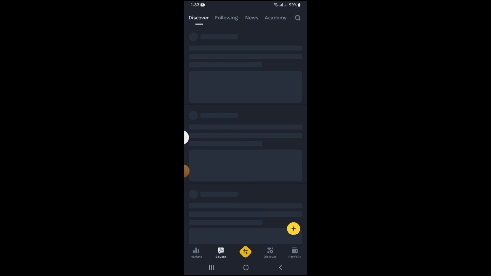Now you're going to see select receive method. Okay. Now you're going to see P2P trading. Let me show you where you're going to see that. Now that place is where you're actually going to see your bank account at which you're going to transfer the money to. Now the amount you're going to get for 13 USDT is